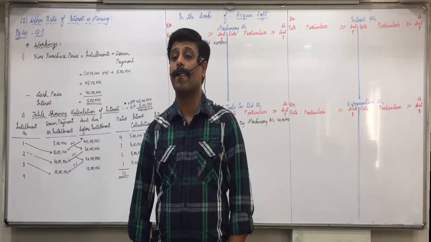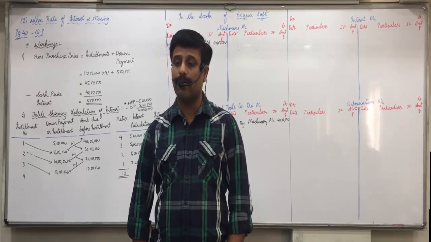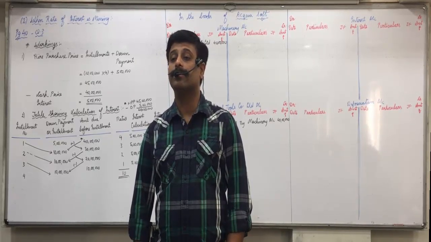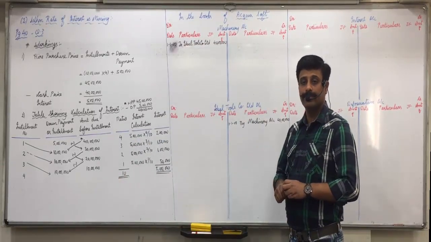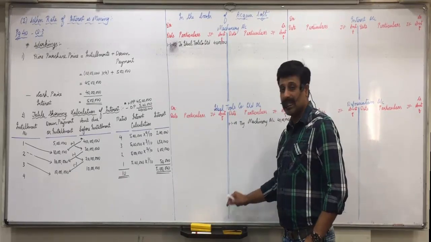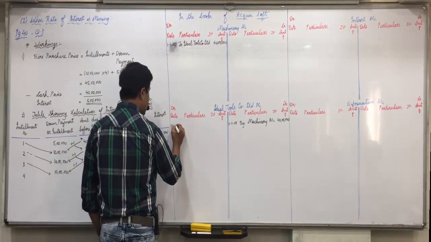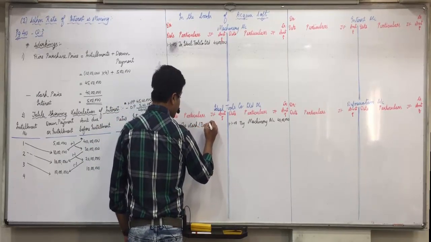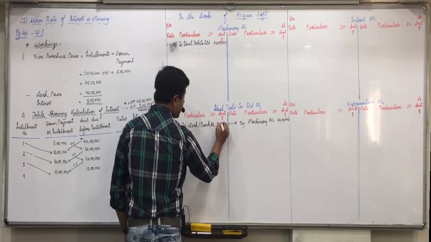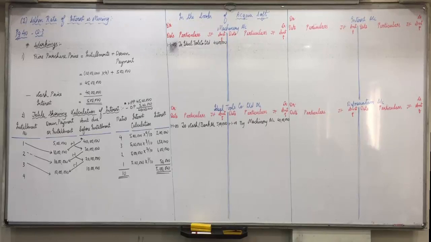Ideal Tools Limited account debit to cash or bank. What amount? 5 lakhs. Down payment 5 lakhs. How will we do the posting? Ideal Tools Limited account debit to cash and bank. So Ideal Tools Limited account on debit side. Down payment will be made on the same date 1/1/2000 to cash or bank account 5 lakhs. Did everyone understand this? Okay, down payment is also done. Then third transaction,